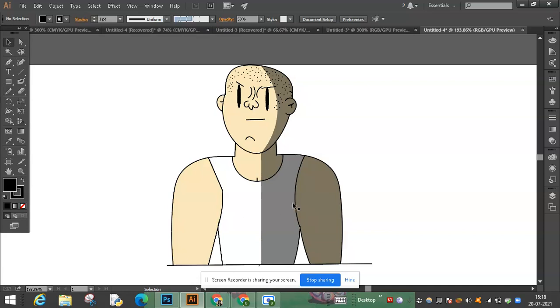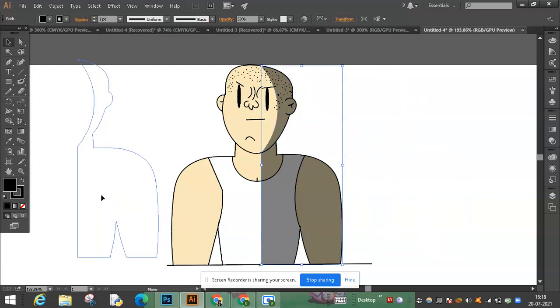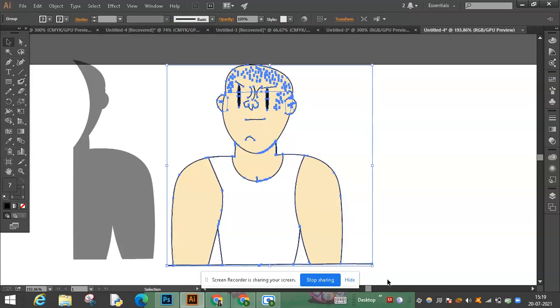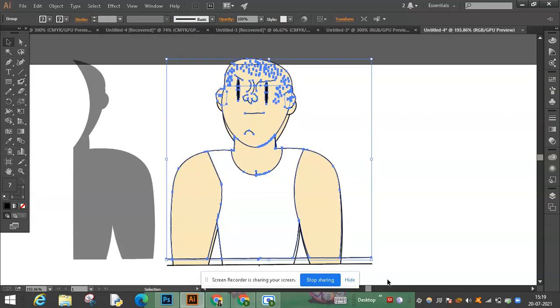Take the black arrow tool and take the first shadow out of the frame to the left side, and now copy the original illustration or sketch. Copying is Control C, Control V, and you'll see you have copied.